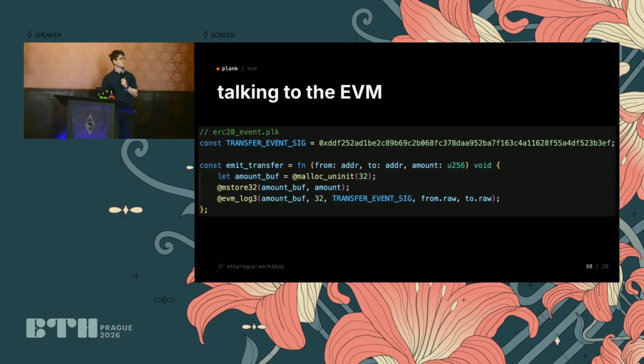Then I want to give you an example of doing low-level EVM things. So this is what low-level code looks like in Plank. For example, here we have a function that from scratch implements emitting an event, and we might actually use this in a sec for ERC20, but you'll notice we get some memory here, and then we store something into memory, and then we directly access the log3 opcode, which basically tells the EVM to emit something.